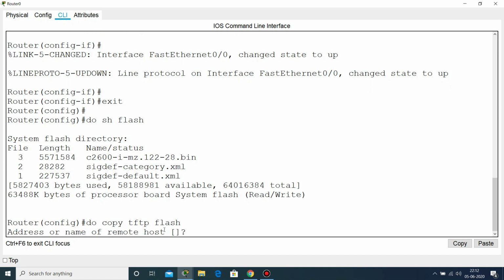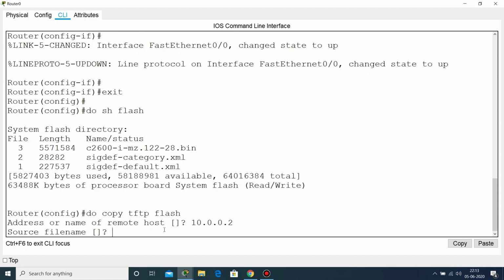When you hit enter, then it will ask for the IP address of remote host, from where you want to copy. So my IP address of server is 10.0.0.2. When you hit enter, then it will ask for the file name, which file name you want to copy here.